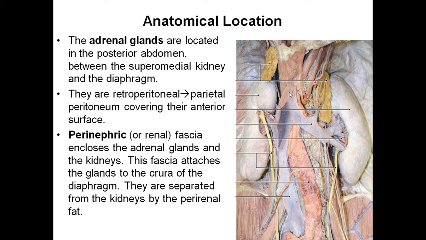By location, if we remove all the peritoneal structures and visualize the posterior abdominal wall, we could easily identify the kidney and these two suprarenal glands on the superior pole of the kidney. They are embedded in the perinephric fascia and the perinephric fat, but they can easily be separated from the capsule of the kidney by a thin septum. So they are present on the superior aspect.